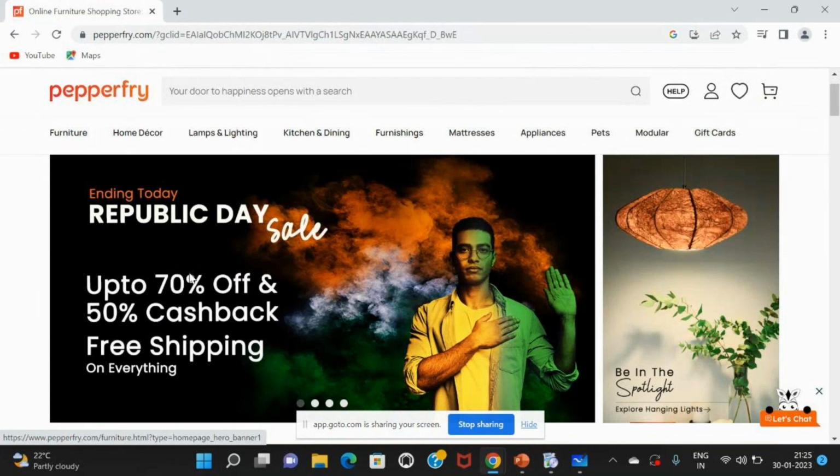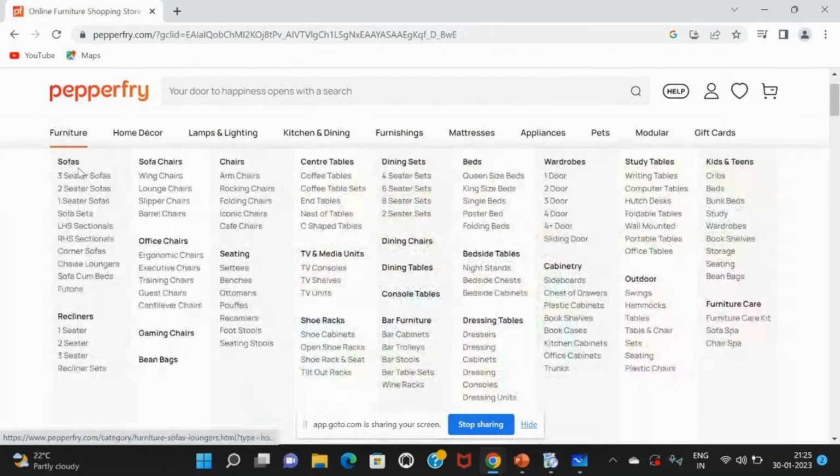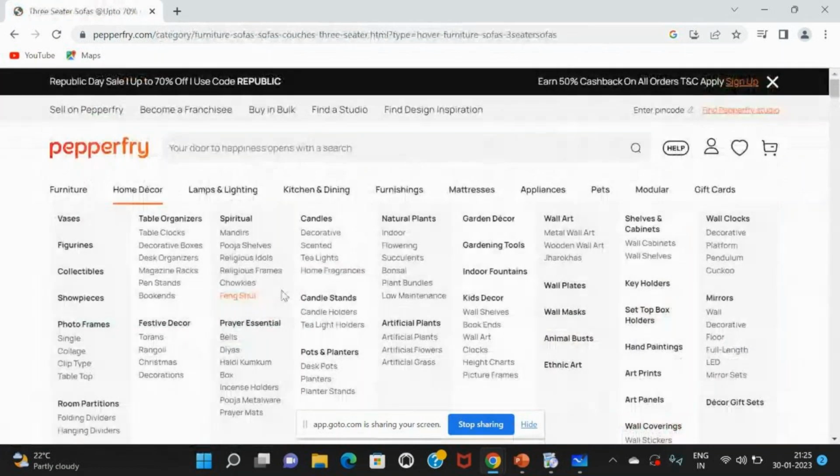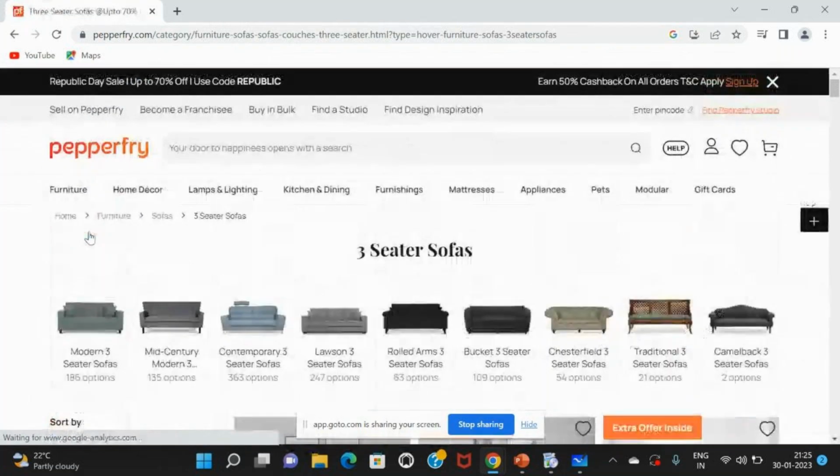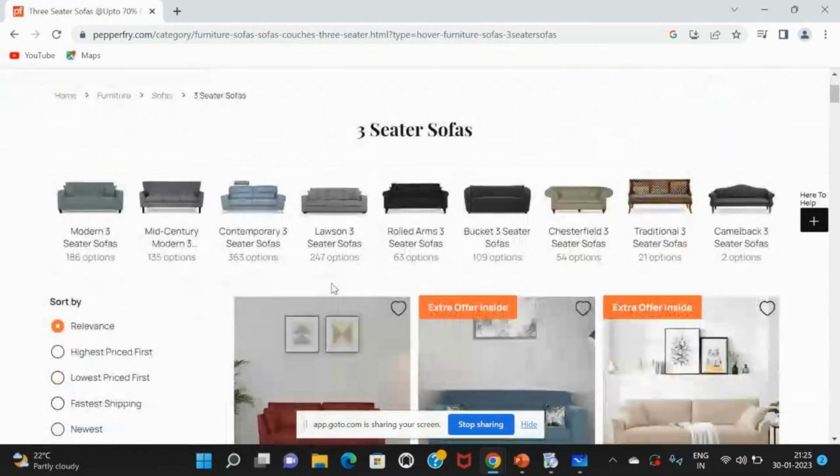This application is for furniture purchase, so people can search and place an order. Any application you can take as an example. Now I'm taking the example of this Pepperfry application where we have some furniture and we will